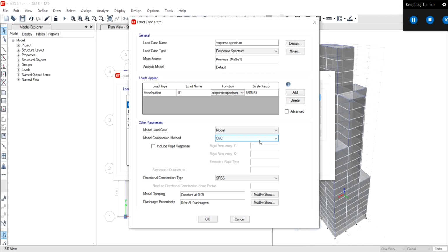Now I have to define it in mm per second square because my acceleration unit in the software is mm per second square. So what will be my scale factor? I into g upon 2 into R, where I is 1, as I have taken 1 because my location is in Bangalore. g is 9801 mm per second square. Again I repeat, g equal to 9801 mm per second square.